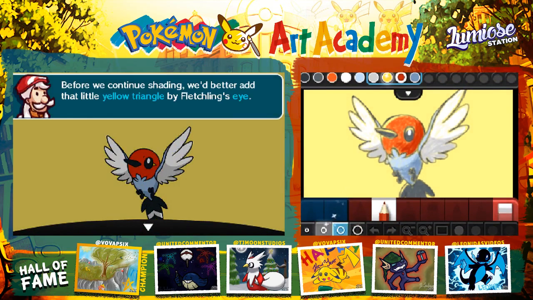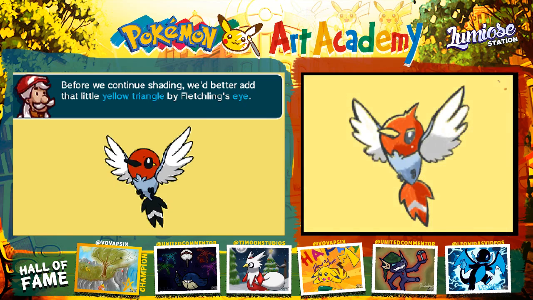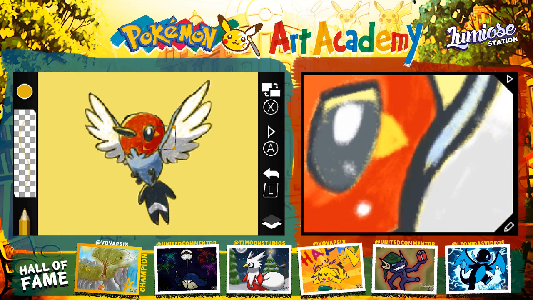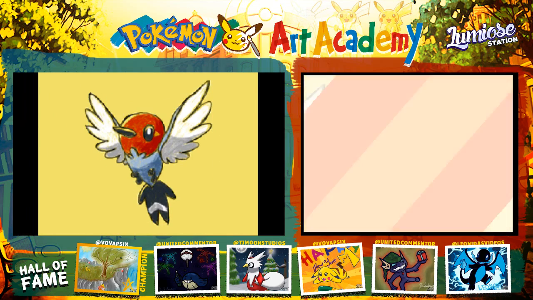Okay. Before we continue shading, we'd better add that little yellow triangle by Fletchling's eye. True. Alright, really? It's a whole lesson just on that one triangle? He could have just added that as part of the lesson later on, or as a note inside one of these lessons. Like, after you're done drawing the line art, make sure to place a small triangle by his eye. Maybe, no, you know what? I'm going to have a special Fletchling. Mine's going to have a hexagon by his eye. There you go. Nice and Kalos-born. This is the Kalos-born Fletchling, even though they all are, but...